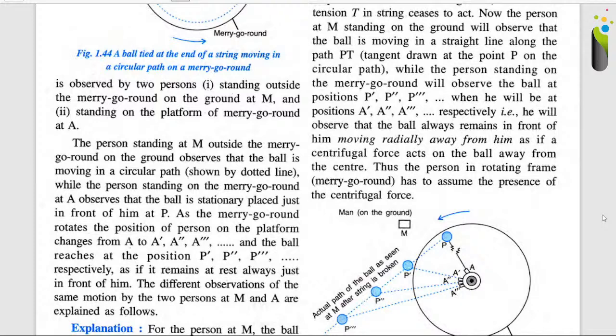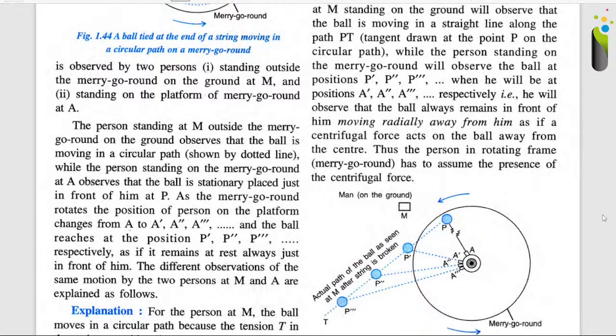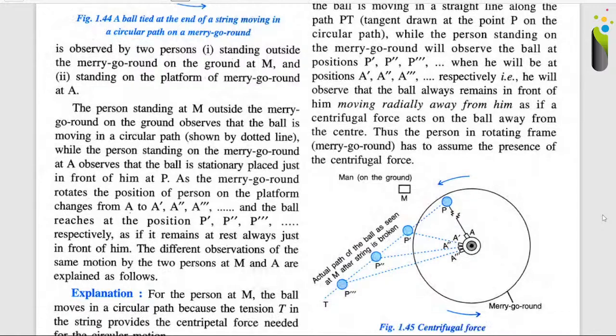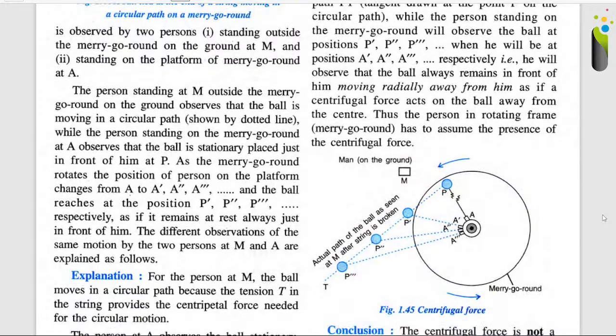Now, the person at M standing on the ground will observe that the ball is moving in a straight line along the path PD, which is the tangent drawn at the point P on the circular path,